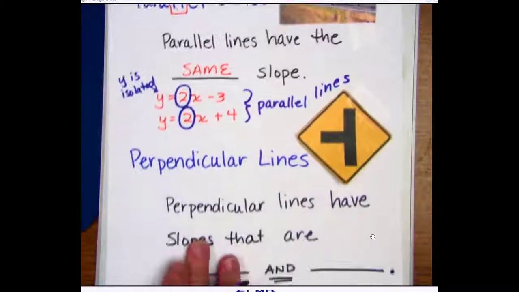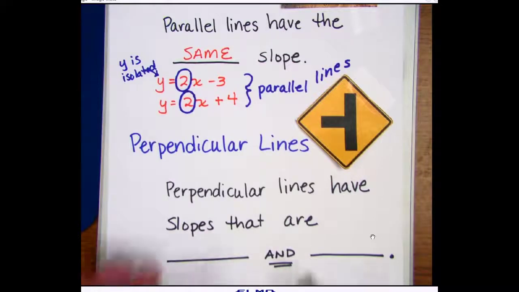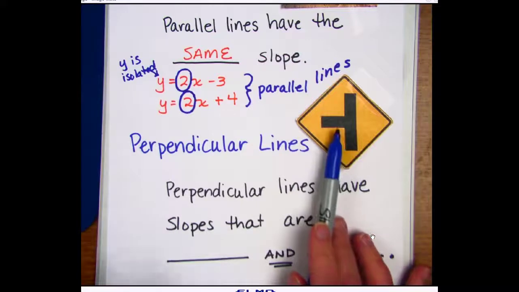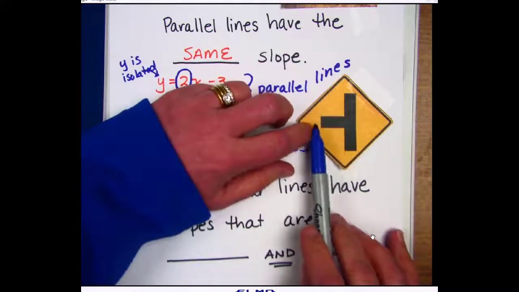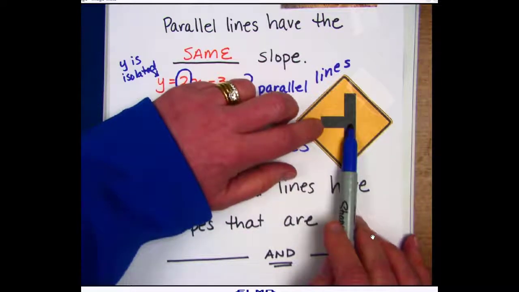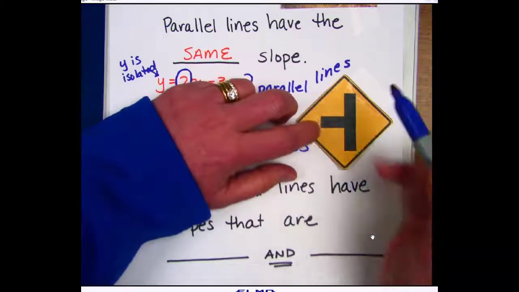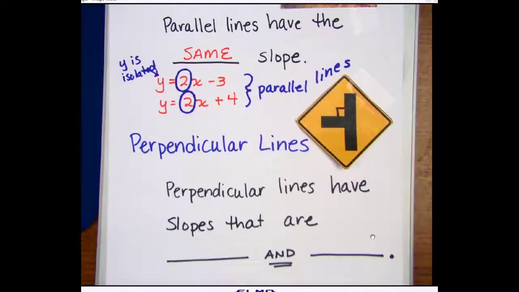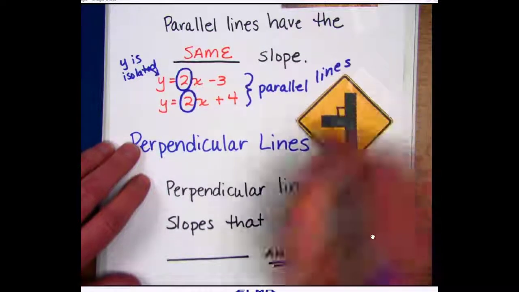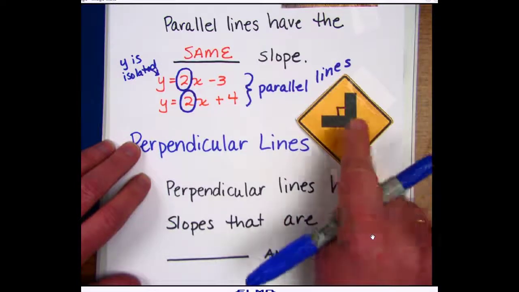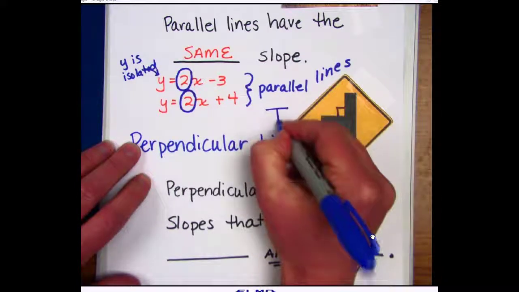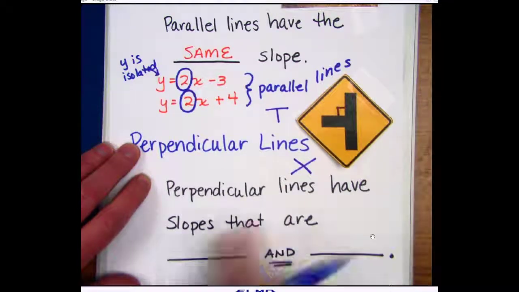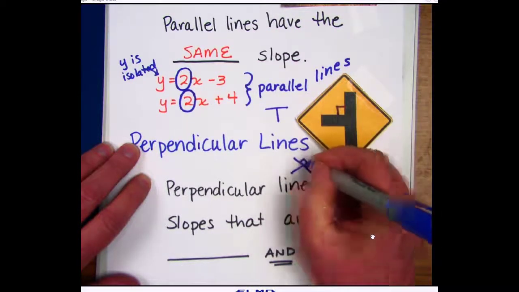Continuing with our road theme, when I think of perpendicular lines, I think of joining a T. I have a street sign similar to this down the street from my house. What this means is I come to the end and I have to either go left or right, and we formed a right angle. So perpendicular lines meet to form a right angle. Please keep in mind they're not always like a T. If I put them kind of kitty wonkas like an X, they still can meet to form a right angle.